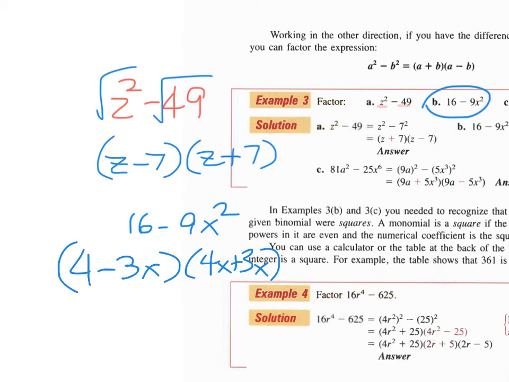And the way that you're going to check your answers is you're going to FOIL these. If it doesn't go back to this, then you factored it incorrectly. So this is just a quick peek into what we're going to do on Monday, because this is on your quiz on Tuesday. So I just wanted to give you a little introduction. I am going to teach it again, but just start memorizing those perfect squares up to 20, so that way when you look at your problem, you'll be able to recognize if the numbers in the problem are perfect squares or not. Also, the key thing about this lesson is